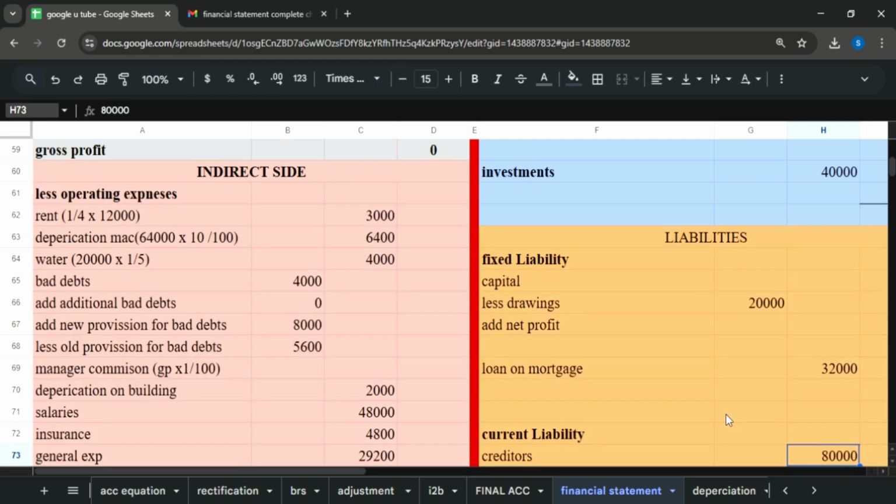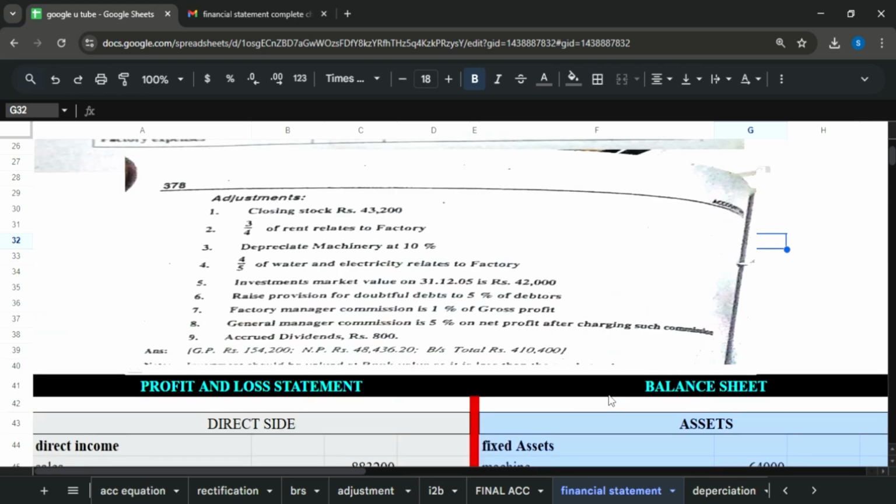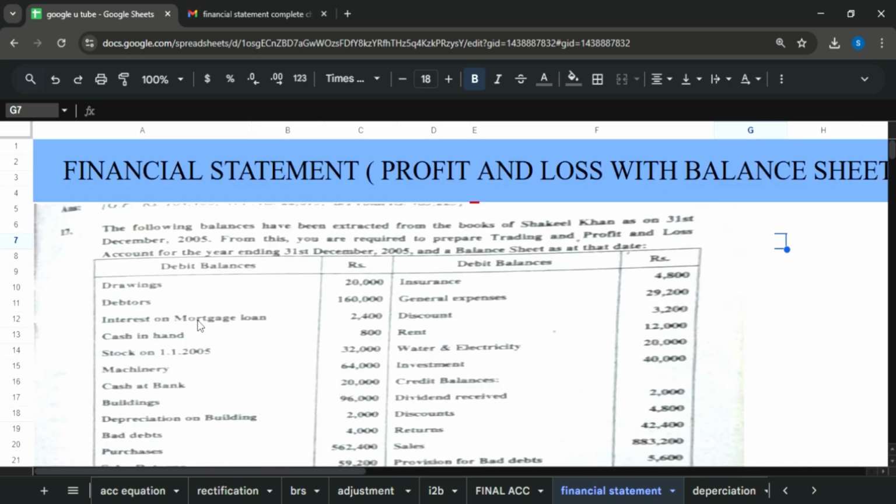So here 266,000 capital is written. Okay, what we have done is all adjustments except these two, 7 and 8, and all elements of trial